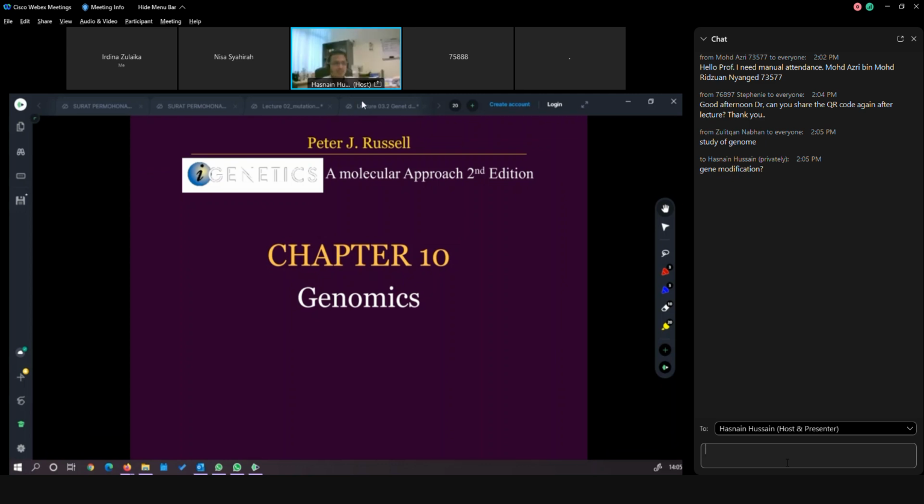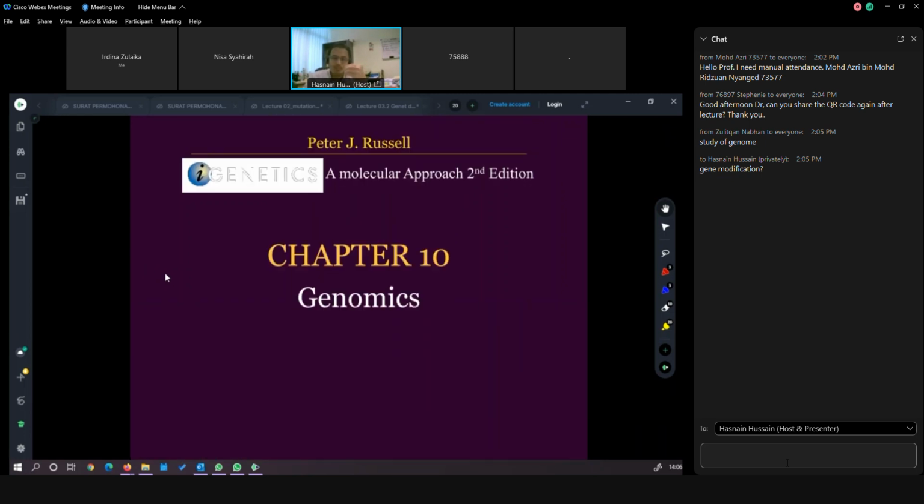everything related to genome. It's not only on human genome, but any study related to the genome of any organism. So genomics can cover all organisms as long as they have a genome. Okay, so that is genomics. And once you study genomics, you know the gene structure and then the gene function, everything. You will know when you know about genomics.